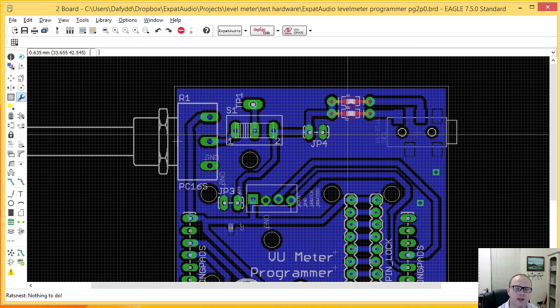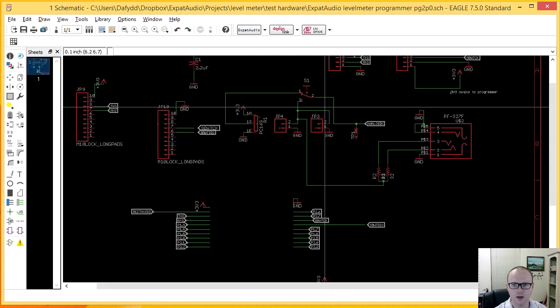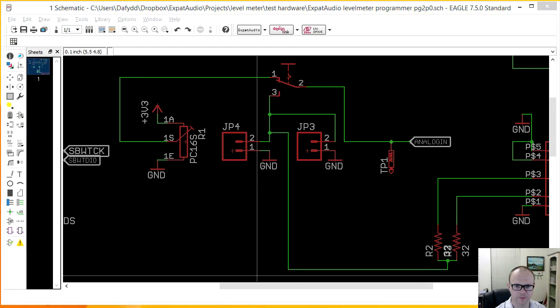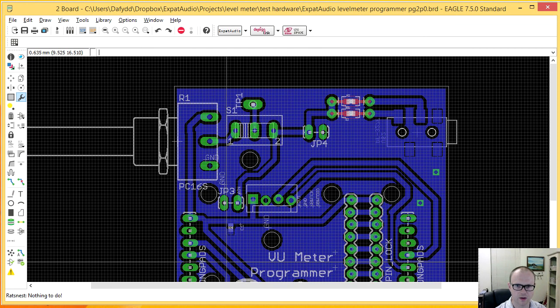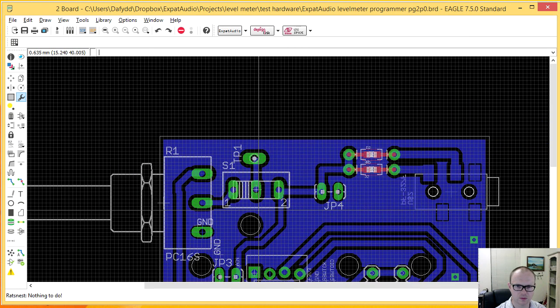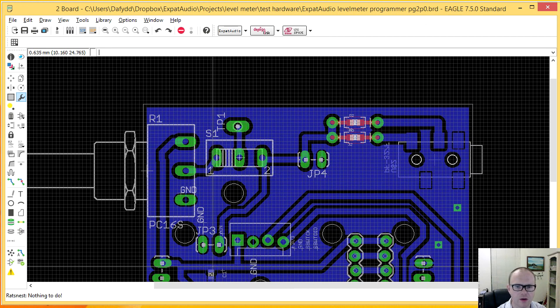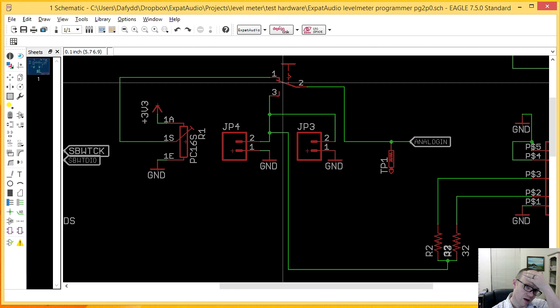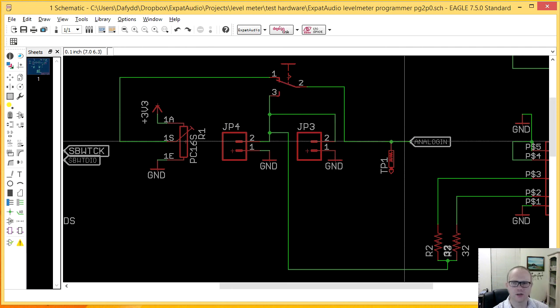I think I've gone and done it again, haven't I? Let's check the schematic here for just a moment. It's good. Fine. Well, that's weird. So if I look at my schematic here, I want pin 2 to actually go to analog in,